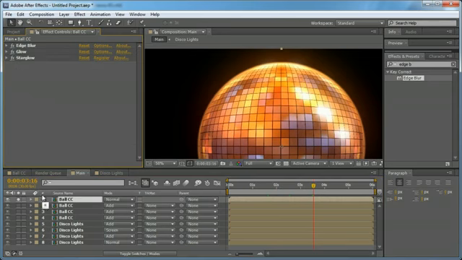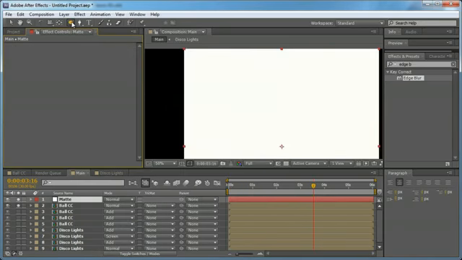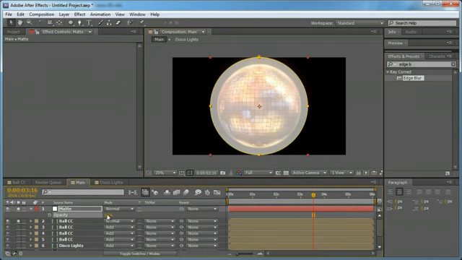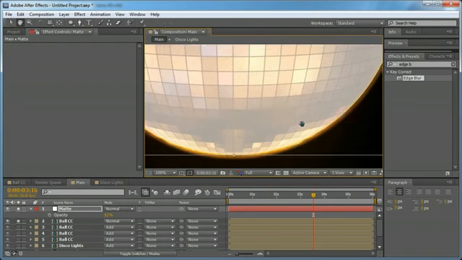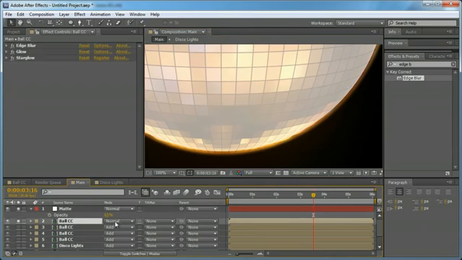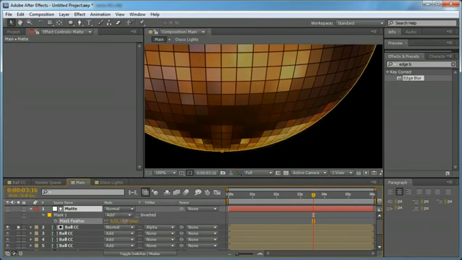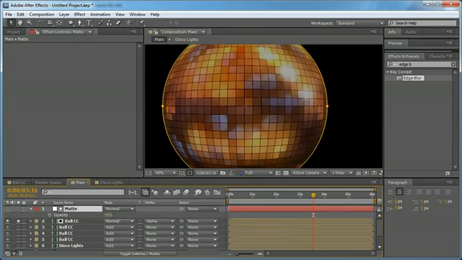So this is it for our disco ball, and we need to create a new layer, and let's make it square in order to be easier for us to create a perfect square. And we need to create a track matte for our disco ball, and in order to do that we are going to feather it just a bit, set the opacity to 100%